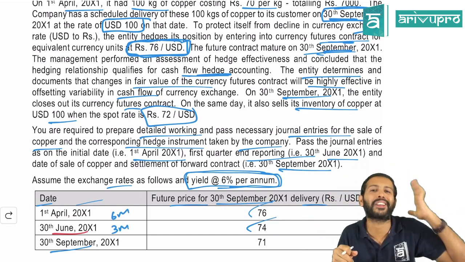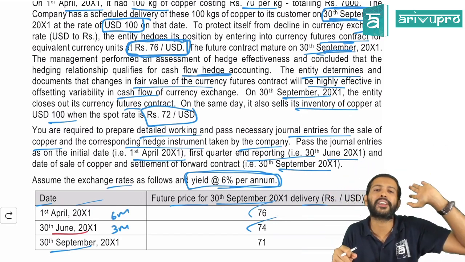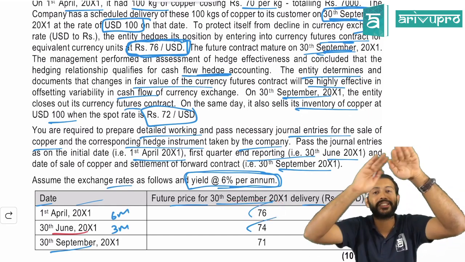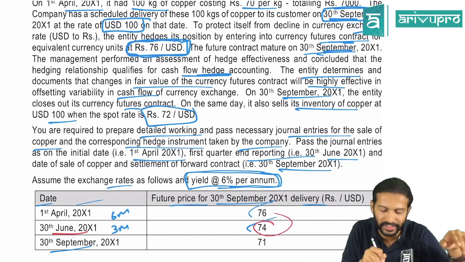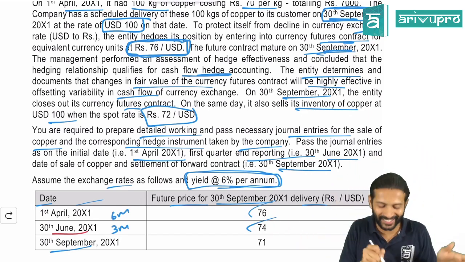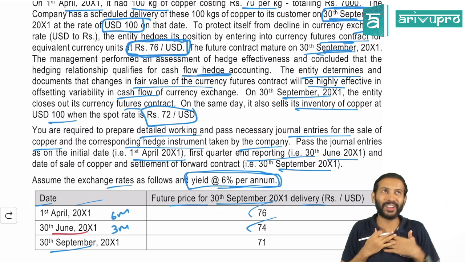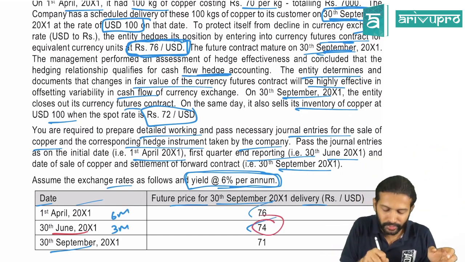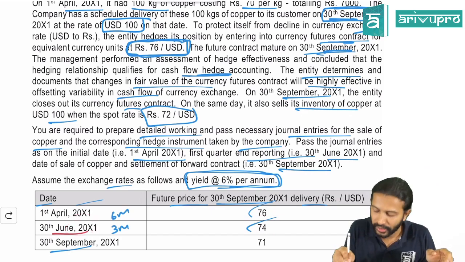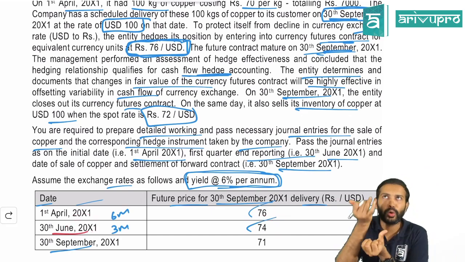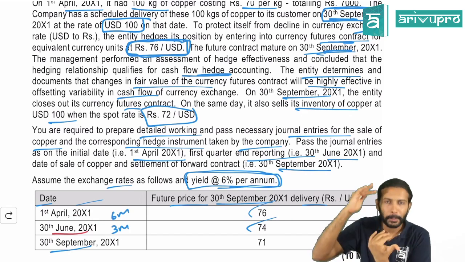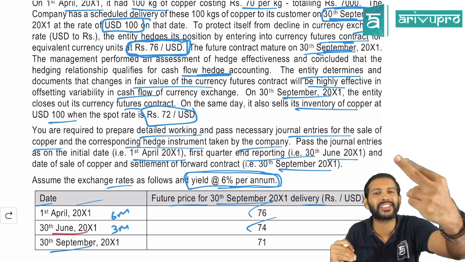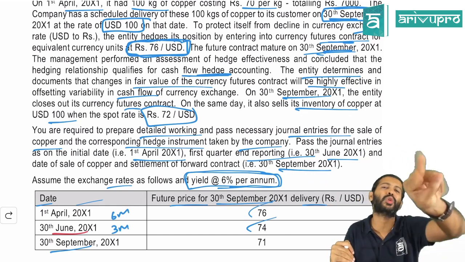But you were smart enough. On the first day itself you entered into a forward contract, so you have a right to sell at 76. But now the rate has fallen to 74. That means you will have a big smile on your face. Yes, I made a deal to sell it at 76. Had I made that deal on 30th June, my right to sell would have been only 74. I would have only got 74 rupees on $1. But because of this forward contract, I will get 76. That means there is a fair value gain of 2 rupees.